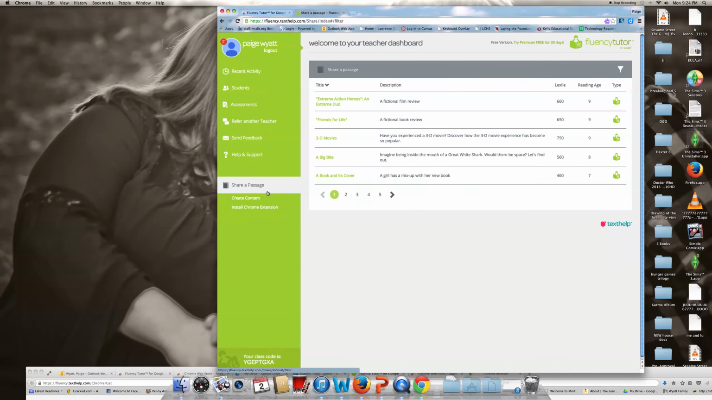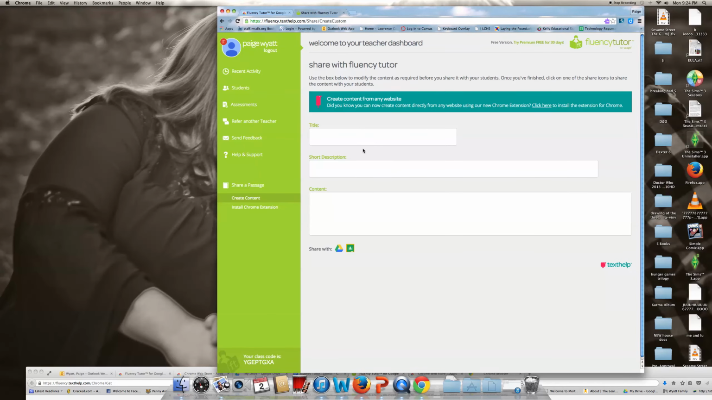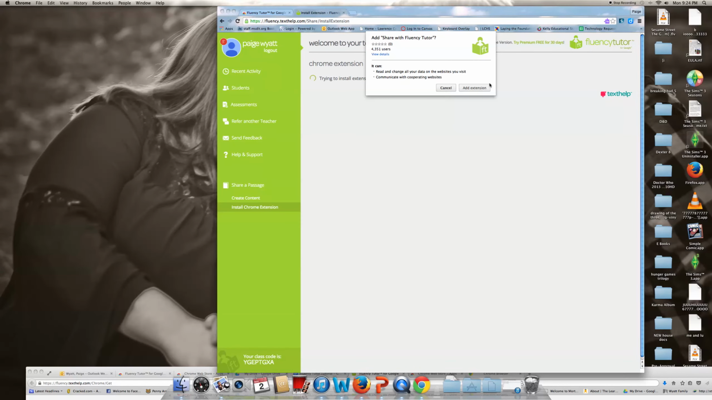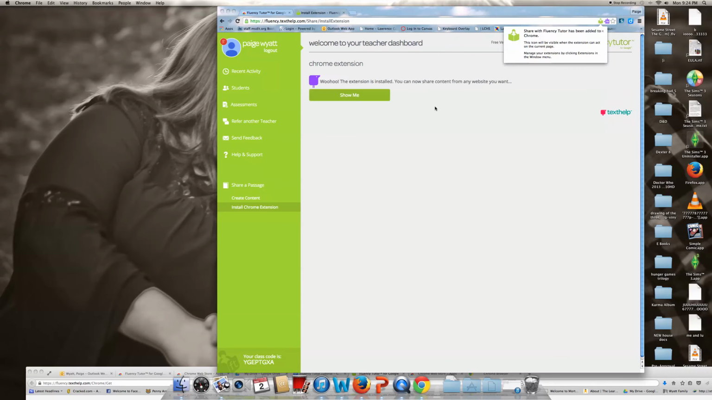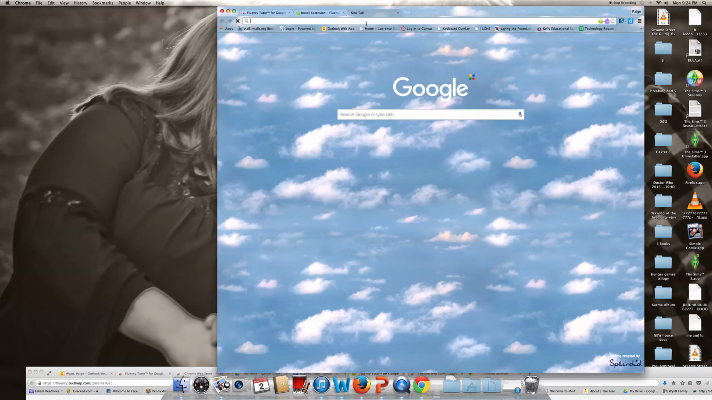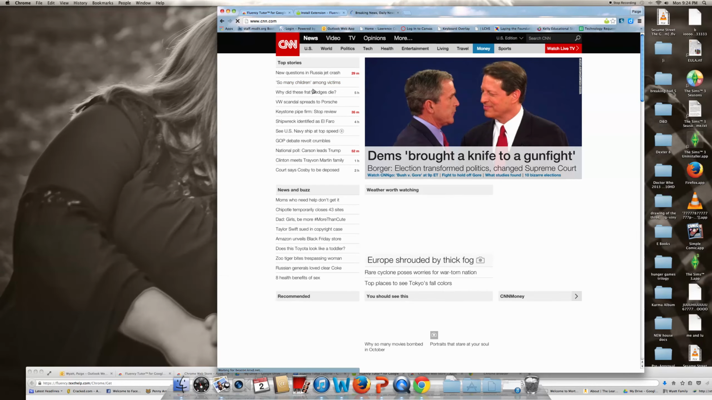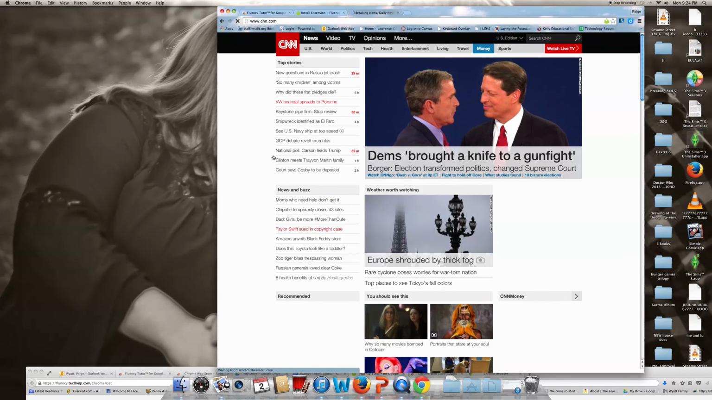There are a couple different things you can do. You can create content, which means you can copy and paste your own work into Fluency Tutor, and you can share it through your Google Drive with a student. Or you can install a Chrome extension, which I'm going to do right now, where no matter what you're reading, you can share it with Fluency Tutor. So if you're on, let's go to CNN. Let's just pull that up for instance. So if you're on CNN and you want to share